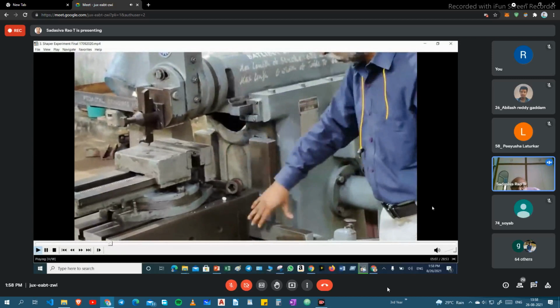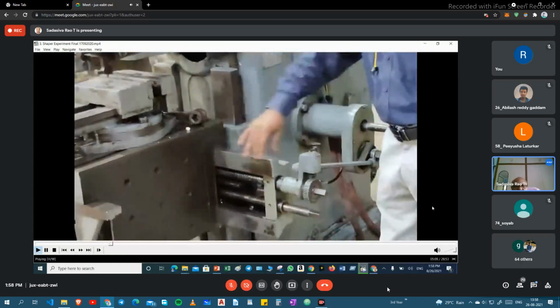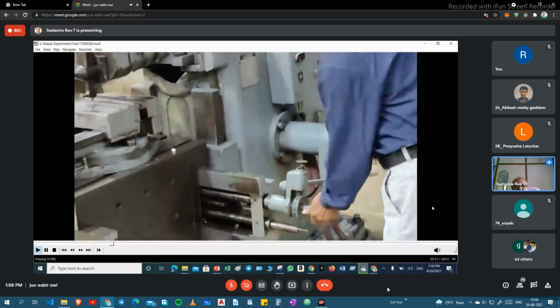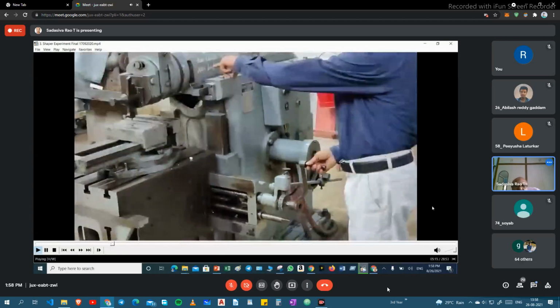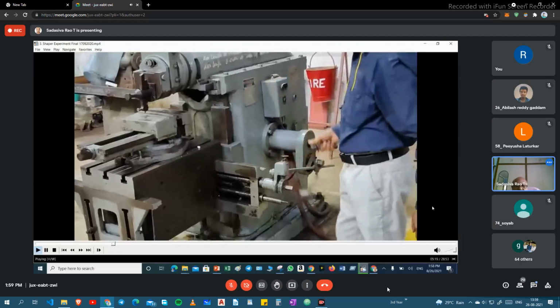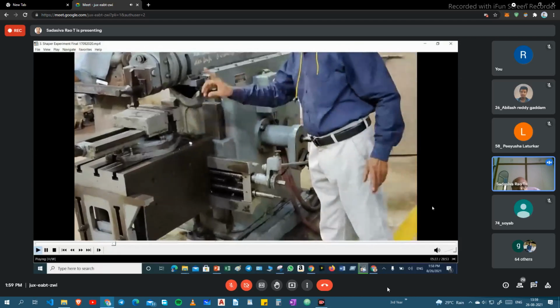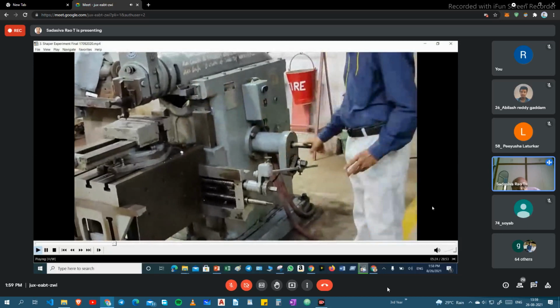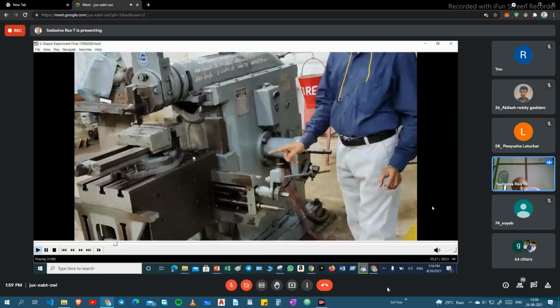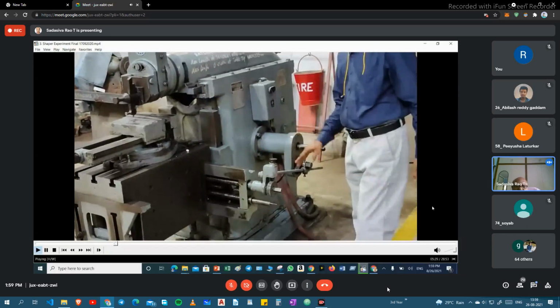On this saddle, this cross slide is there. By rotating this, you give feed to the workpiece manually. We can also give the automatic feed by using one mechanism, that is the small ratchet mechanism. This will be the automatic feed, the ratchet mechanism.